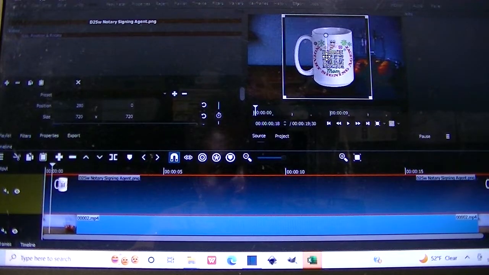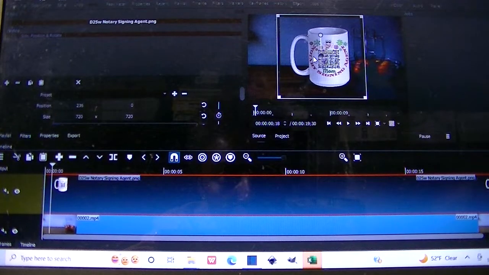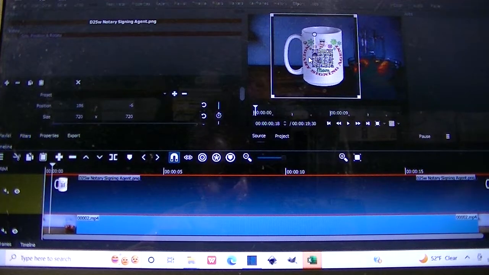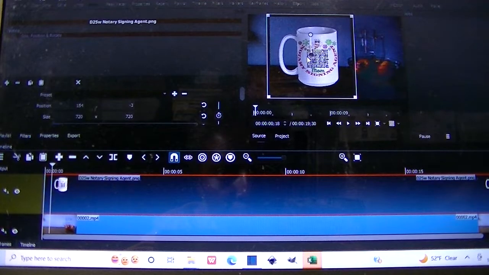So you will put your mouse on that, because we now have a rectangle around the mug with a ball inside the rectangle. When you put your mouse on it, it's going to turn into that plus. And I'm going to hold the shift key and just move it. Okay, so now that I move it,